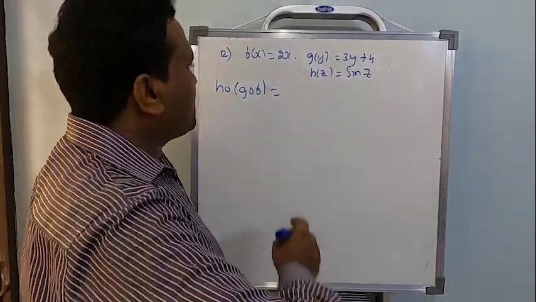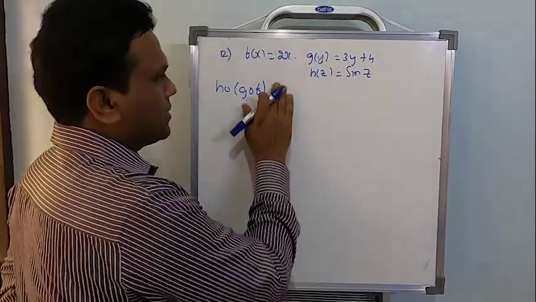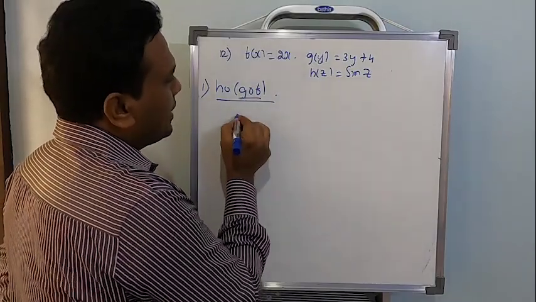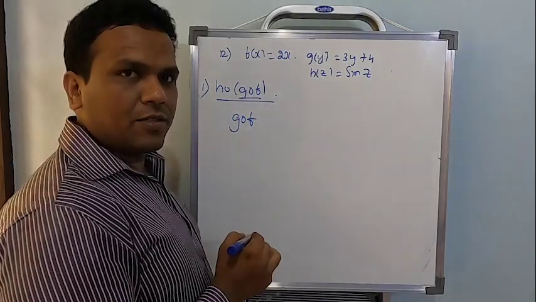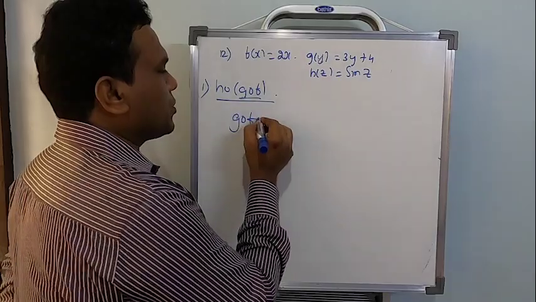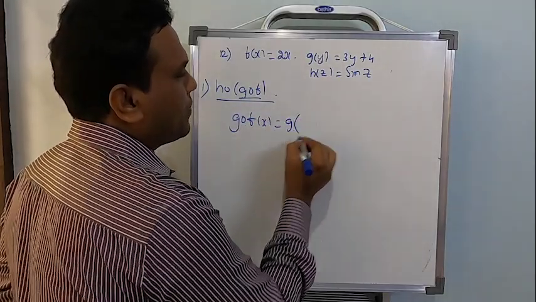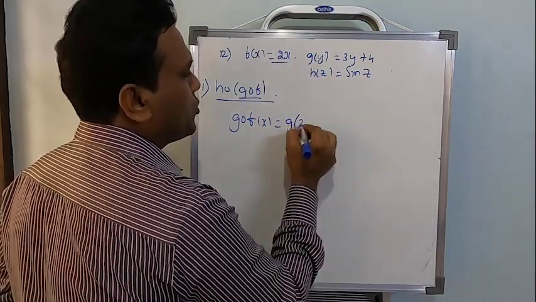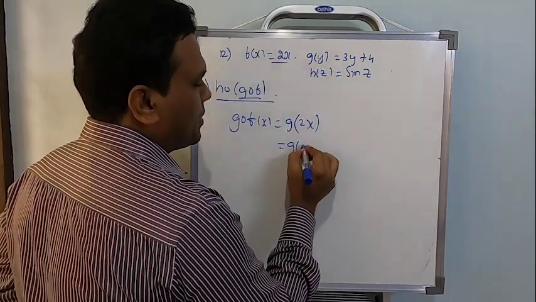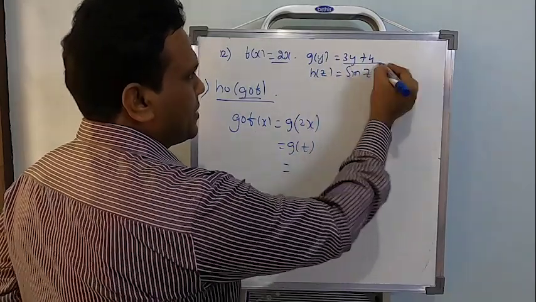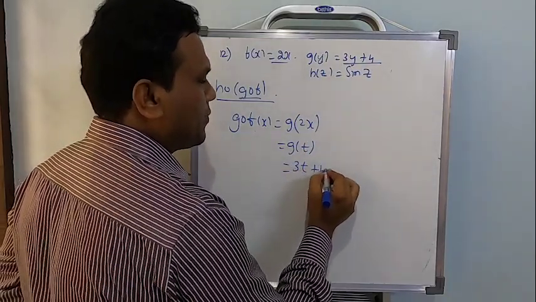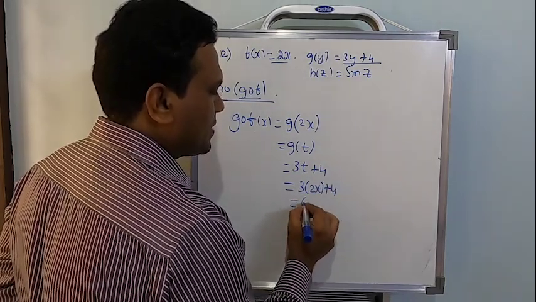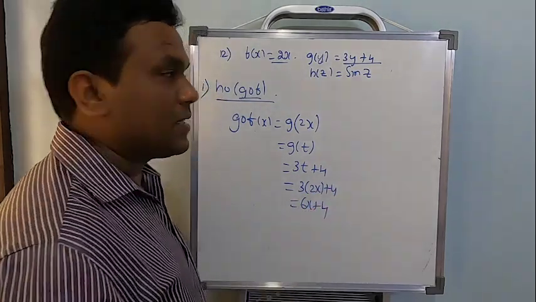Okay. Now, if you are finding it difficult, this is the first one, I am going to find out the LHS. This is the first one I need to find. If you are finding it difficult, let me find out g of f separately first. Clear? So g of f of x, what is the f of x value? f of x is given as 2x, right? So let me take it as g of t. This is 3t plus 4, and this will be 3 into 2x plus 4, which is nothing but 6x plus 4. This is g of f.